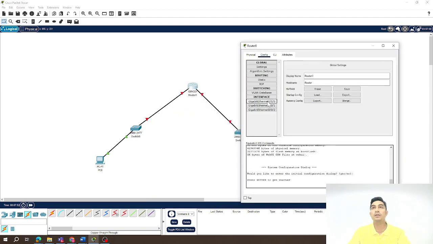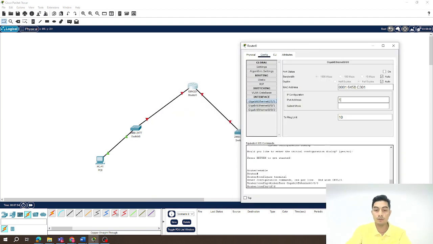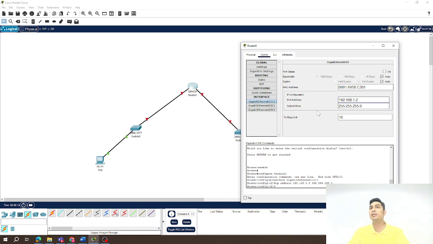Now let's set the IP address on the router. So .1.2. This is the IP address of the default gateway for this side of the network, because this is providing the passage to connect to the different network. If we click on this, we will have the subnet mask, and then we also need to turn this port status on. All right,